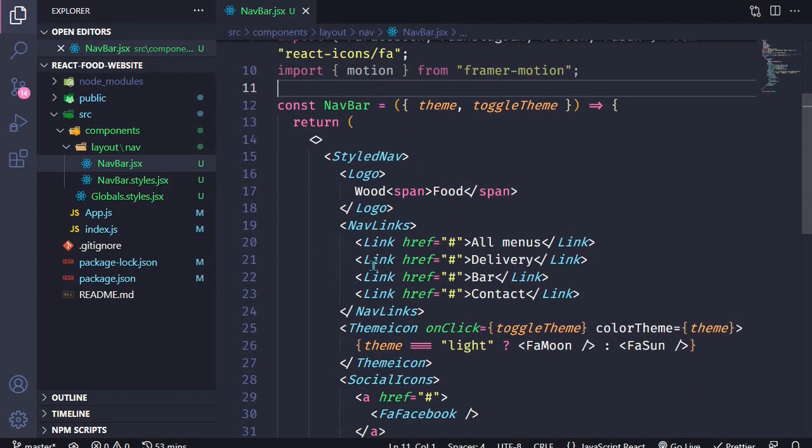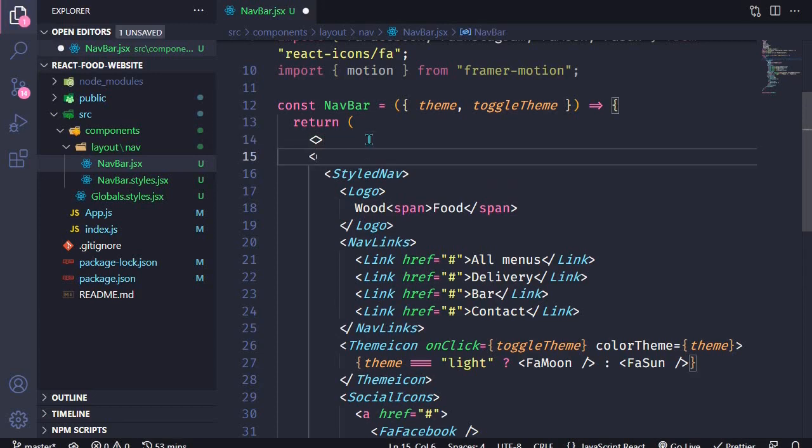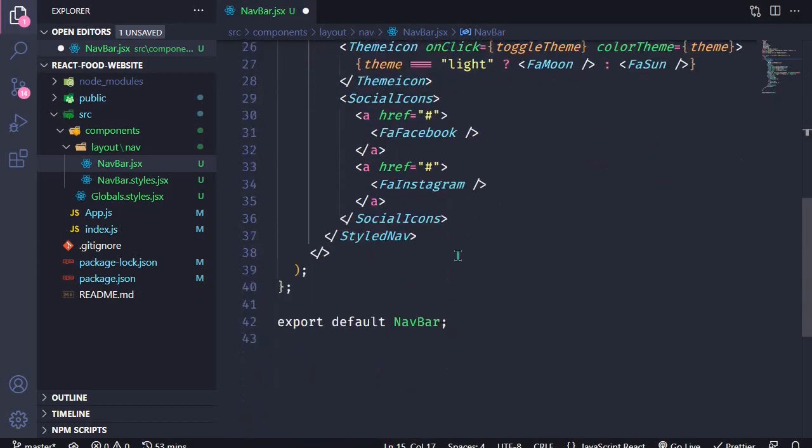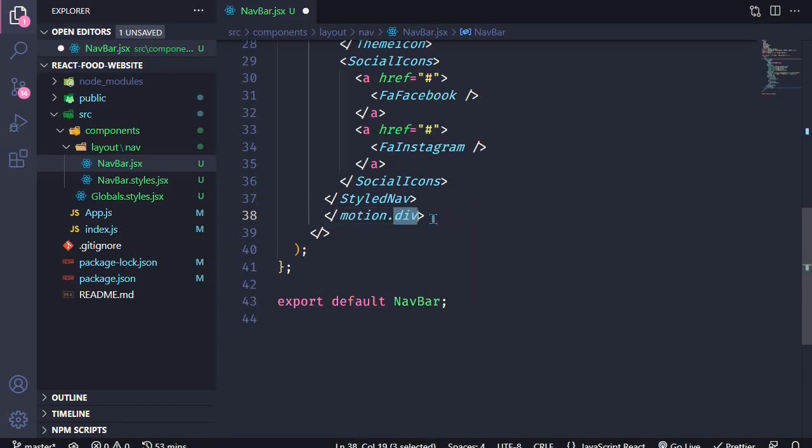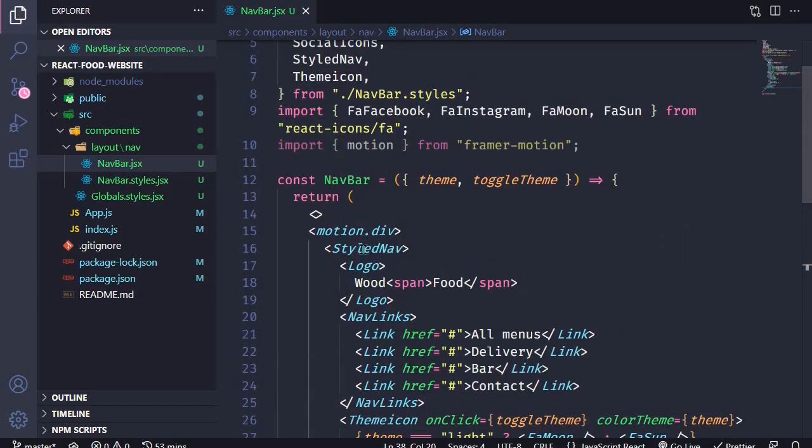So we can create a wrapper div to wrap everything. Right here, after the fragment, I'll add motion.div, and now this div, we can pass various props to it and add some animations. First of all, I'll cut this one, and then I'll wrap everything with motion.div. As you can see, we can create any JSX element with motion like we were doing with the styled components. And then at the top here, at our opening motion.div,